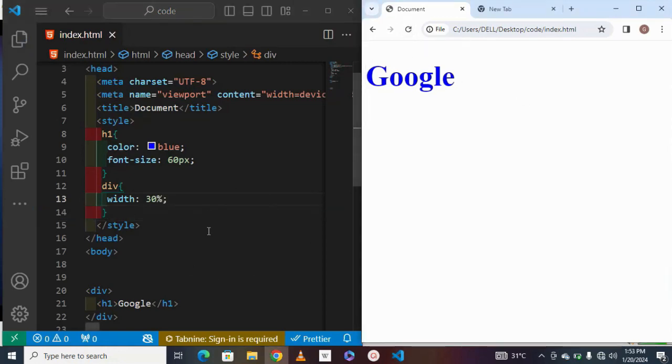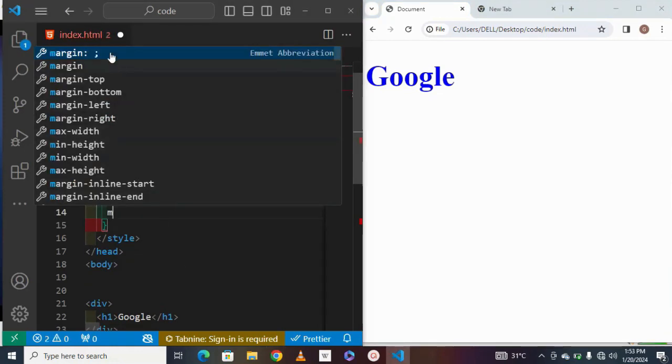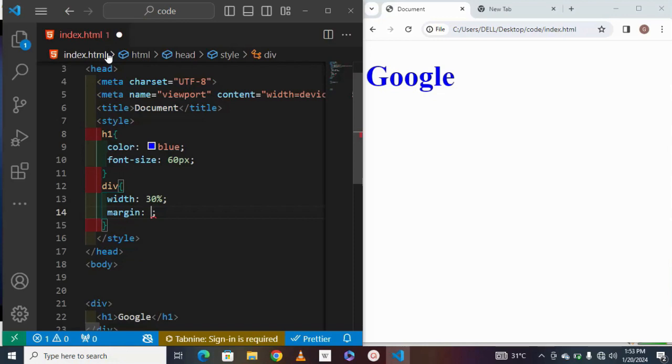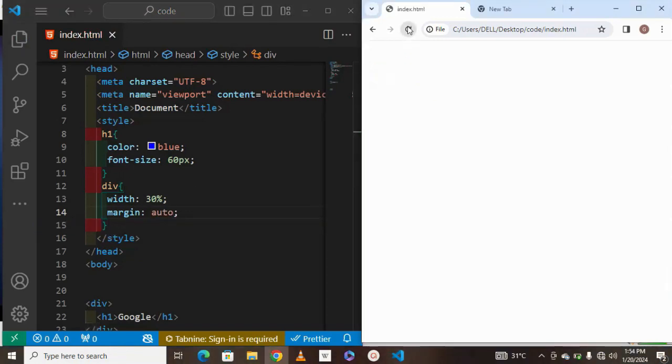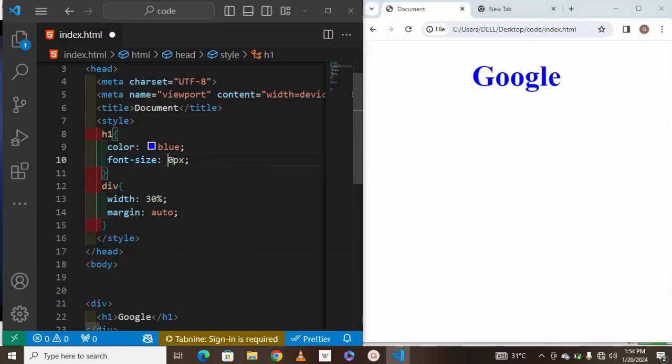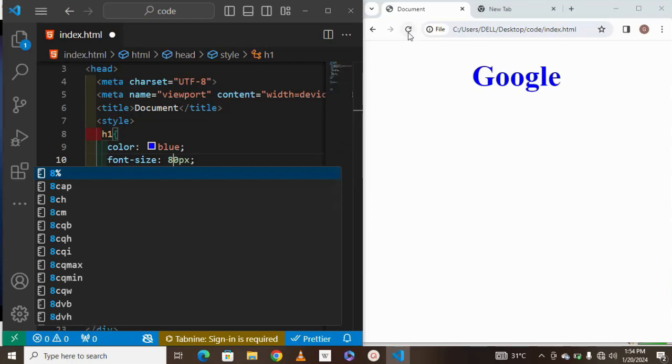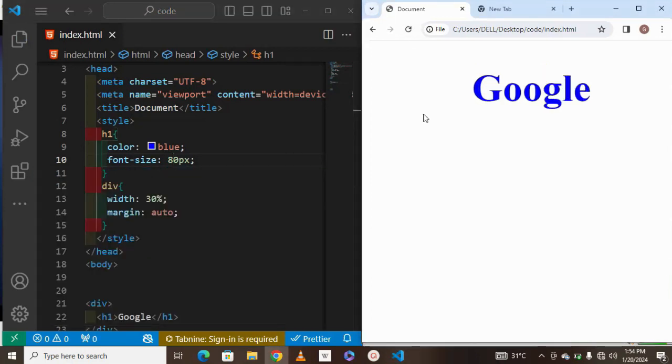So I'm going to move it to the center, margin auto. So margin auto. So I don't want to go on styling it, moving it to the particular part, but here I think this part is okay. So you can even increase the size if you feel like the size is not as big as you want it to be, the font size. So let me bring it here. So now